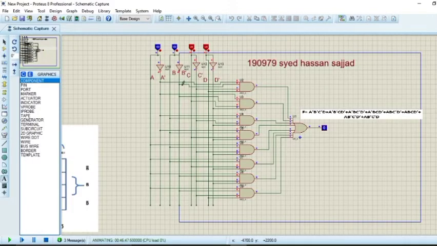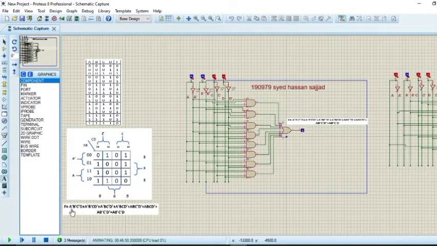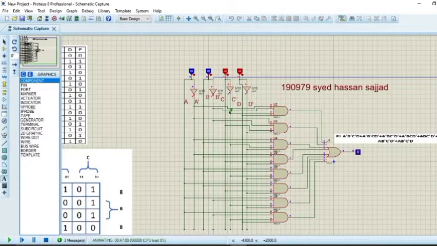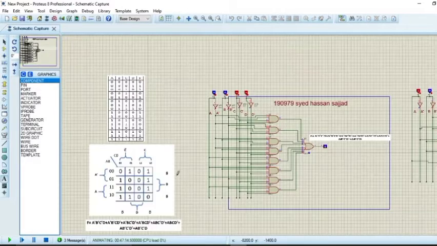So I have connected the inputs of the AND gates in the equation form. You will see A dash, B dash, C dash, and then the pure form of D. I have used these lines to make the circuit easier. This logic toggle is for A, and this logic toggle is for B, and then C, and then D. And these are the NOT gates that will complement the A value. So this is the possible combination for all these terms, or simply you can say the implementation of this equation, and the output will be F.